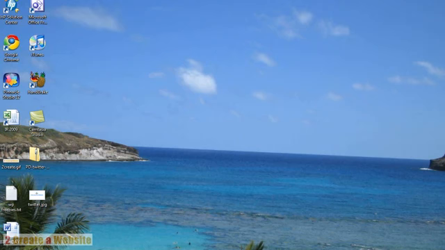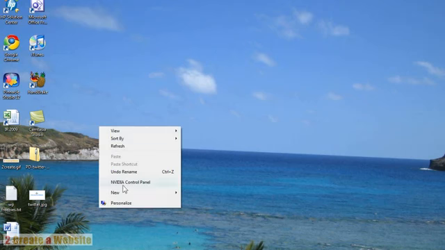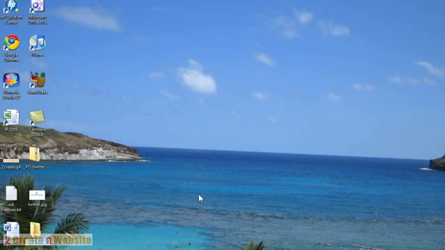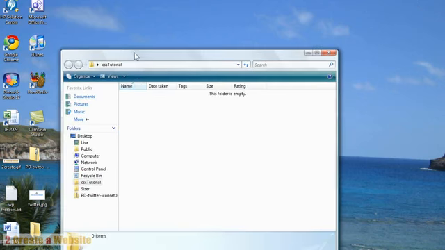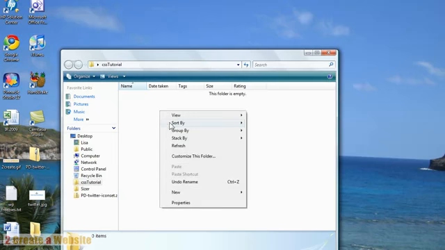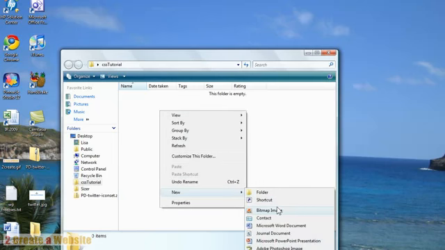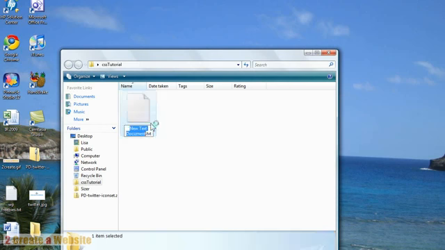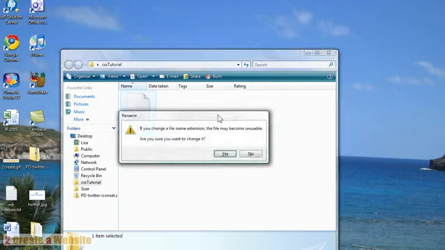So let's get started. The first thing I want you to do is to create a folder just for this tutorial, and you can put it on your desktop. So you're going to right click here, go to new folder, and we're going to name this folder CSS tutorial. Okay, and in that folder, let's open it up. We're going to right click, new, and then down here text document, and we're going to name this style.css. This is our style sheet right here, the style.css,